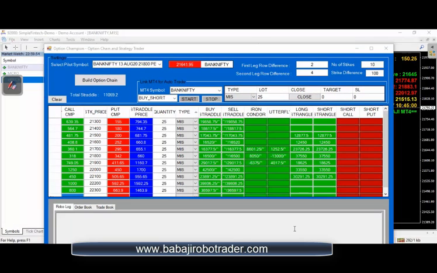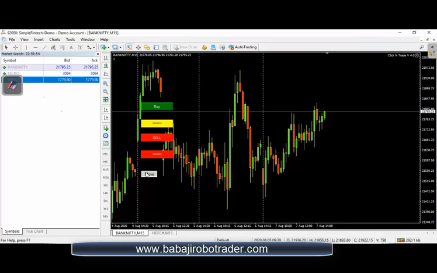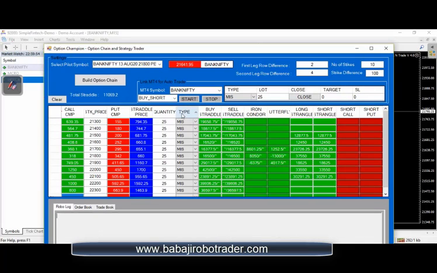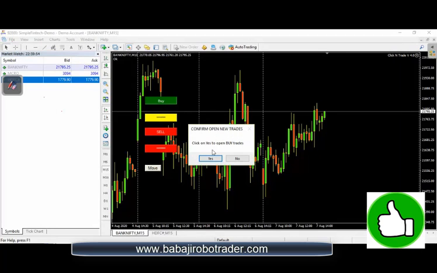So I will show an example using a button system, because today the market is not live. See here, there is a buy button and a sell button. I will initiate a buy. When I press the buy position, we can see what will happen in the Robo. I'm just starting the Robo. Okay, Bank Nifty is loaded, buy short is loaded. I'm starting the Robo. I'm pressing buy again, press yes.